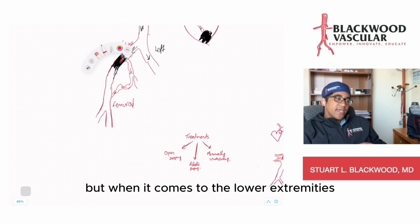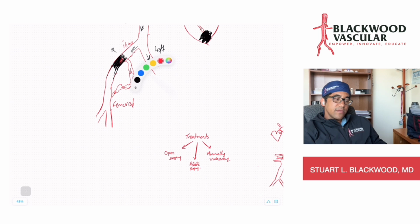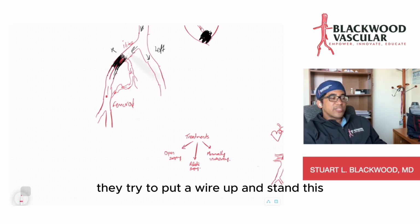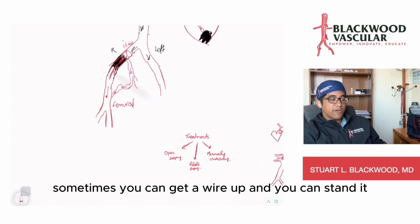But when it comes to the lower extremities, we will put stents in, we will do bypass surgeries. This is where a vascular surgeon will be able to help you. If, let's say, you went to a cardiologist or some other interventionalist, they tried to put a wire up and stent this, which is totally possible. Sometimes you can get a wire up and you can stent it,